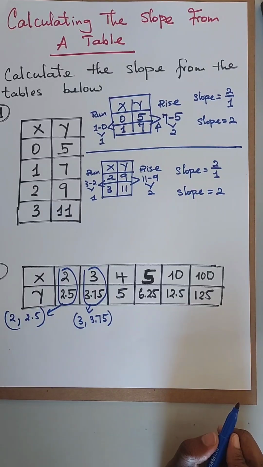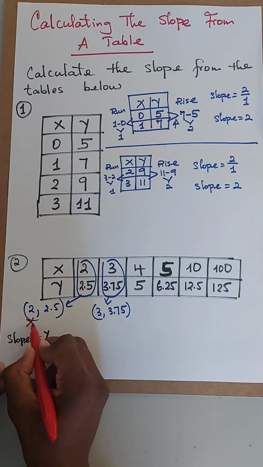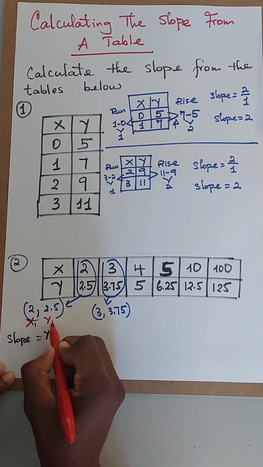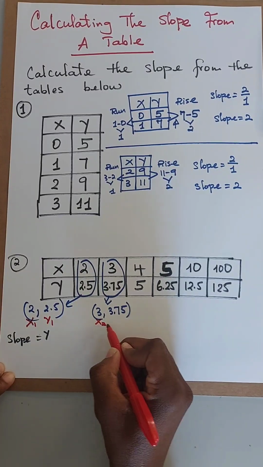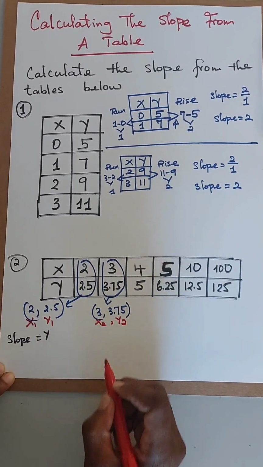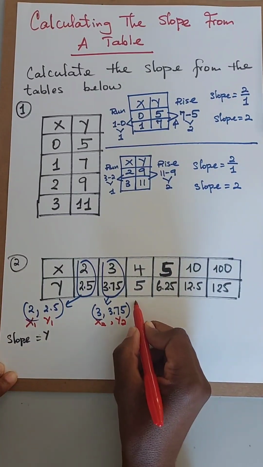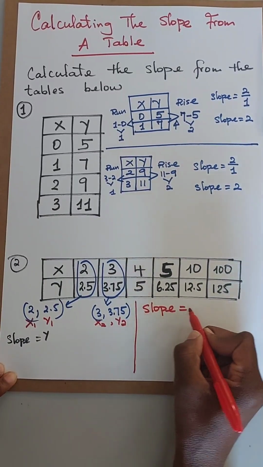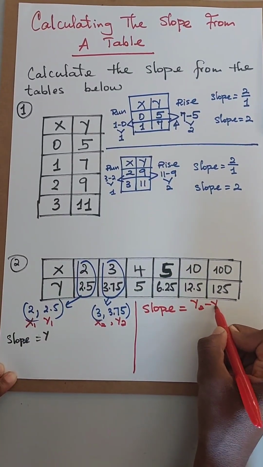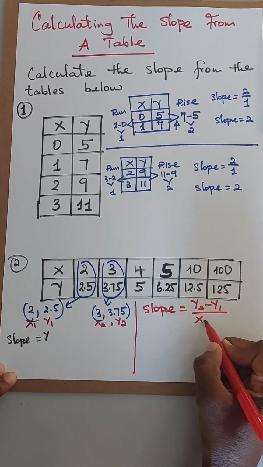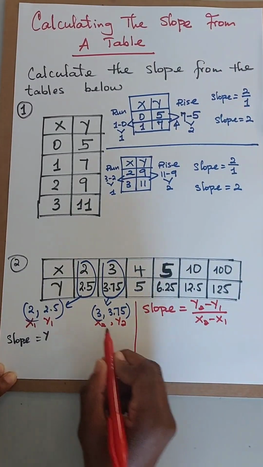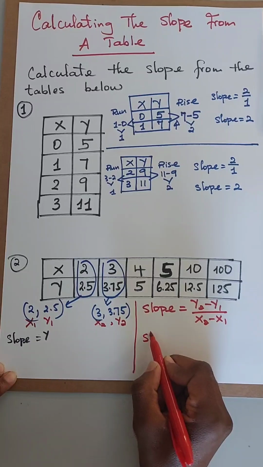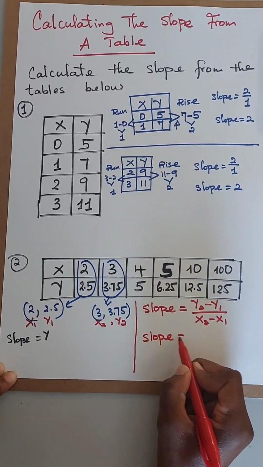You can go ahead and calculate your slope. Label this point x1, y1, and label this point x2, y2, and use those 2 points to calculate your slope. Again, slope is calculated using the formula y2 minus y1 divided by x2 minus x1. So when you label your points to keep them aligned, then your slope will be